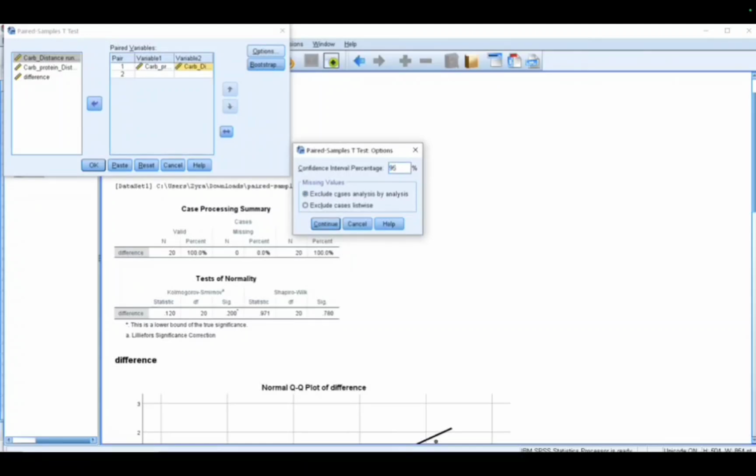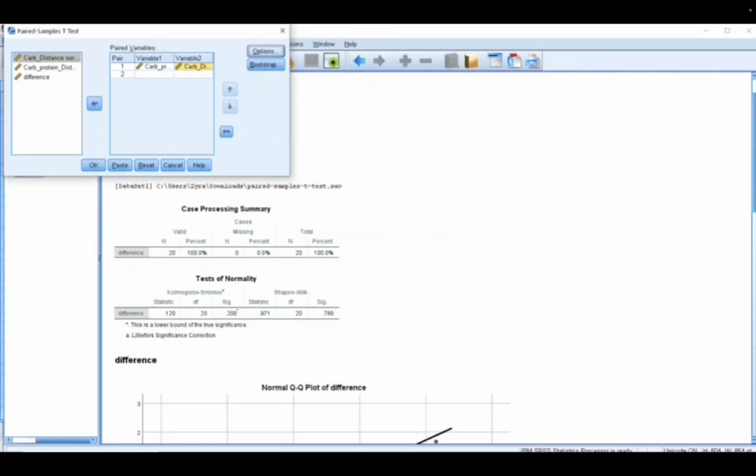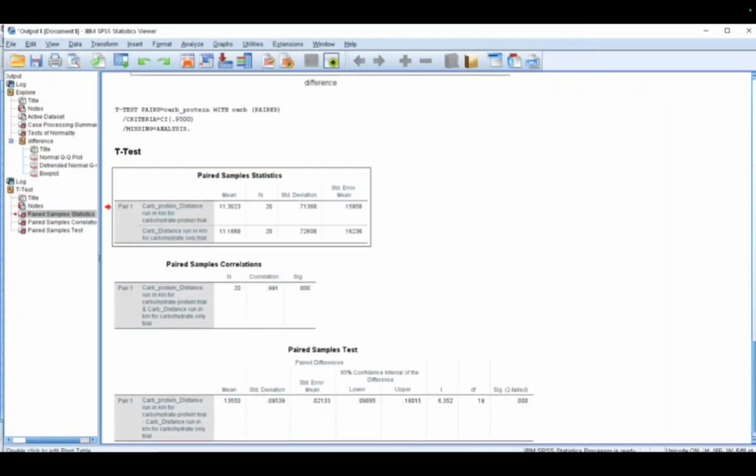We also have to go to the paired samples t-test and set the confidence interval to 95. Then click the options and the entry is already in there.